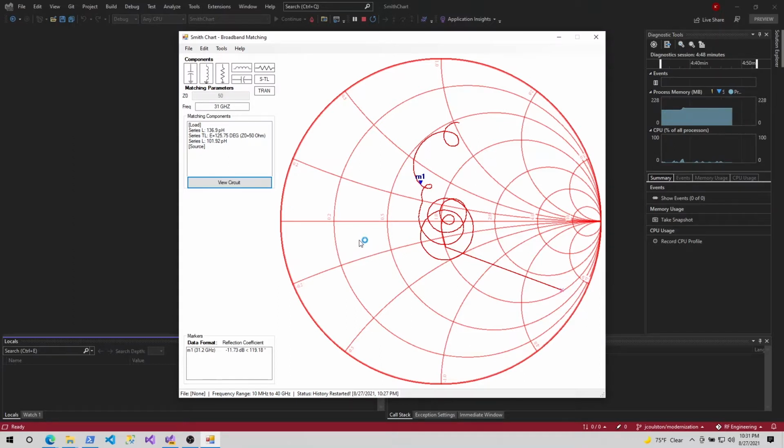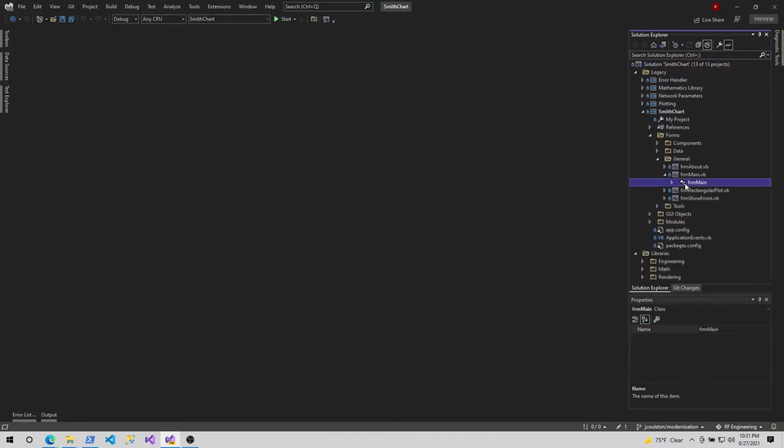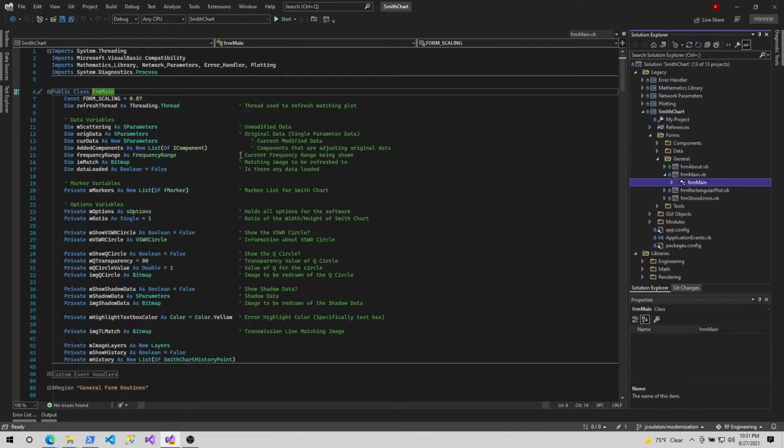So what we want to do is jump into the code. So just to kind of give you an idea, we can look at some of this code. We'll go to the main form just to kind of show you what that looks like. And yes, here it is. Good old Visual Basic. I haven't used this language in a while, but I still kind of roughly know what